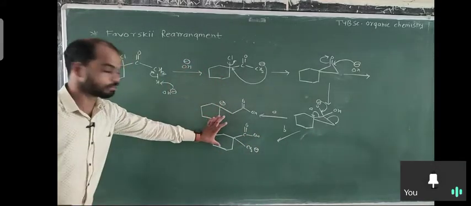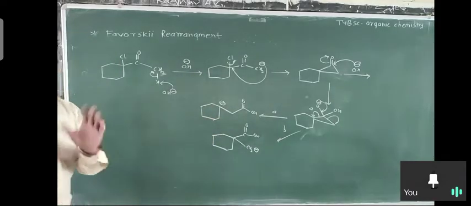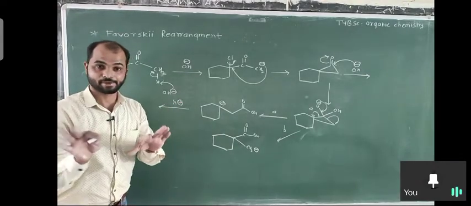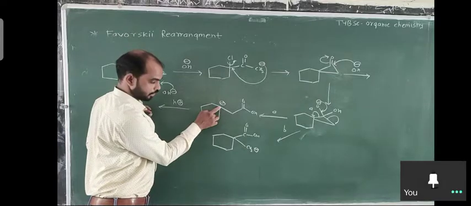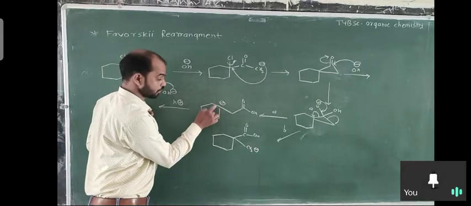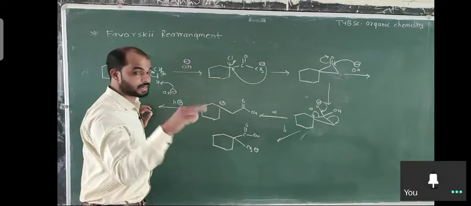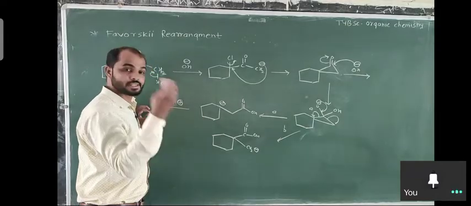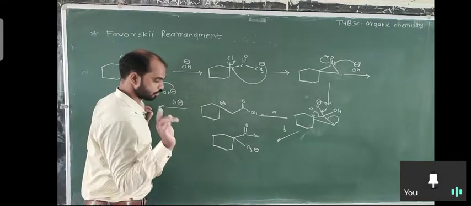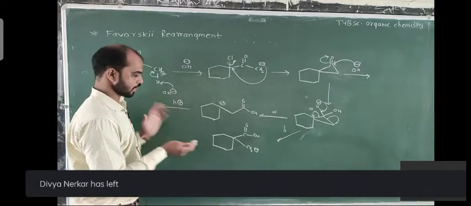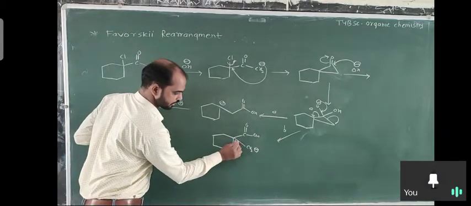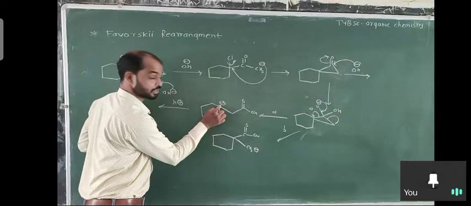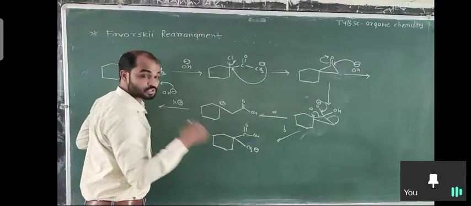So we are getting two different products, which is most stable? A carbanion is formed, this will abstract the proton. So which is the most stable carbanion? If you see here, here it is more substituted. Plus I effect destabilizes the carbanion and stabilizes the carbocation, and minus I effect stabilizes the carbanion and destabilizes the carbocation. We know about it. But here there is no plus I. If you see here, only a single carbon. So less plus I here, more plus I here. As compared to this, it will destabilize, less stable. So the most stable carbanion is formed.